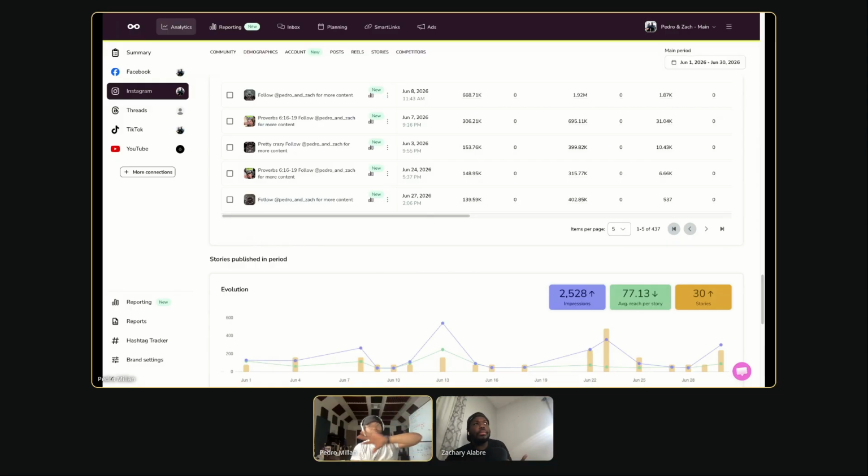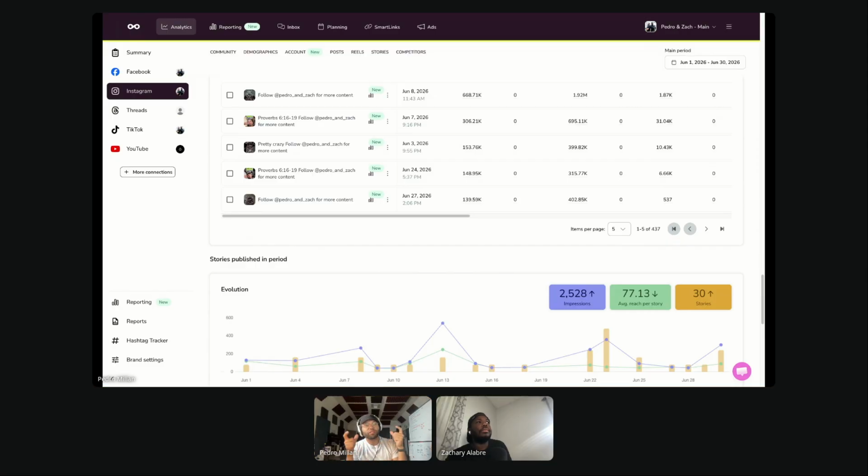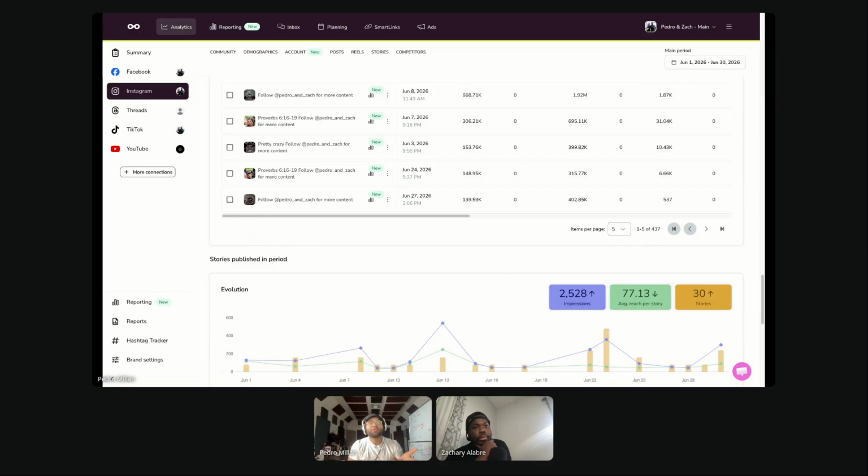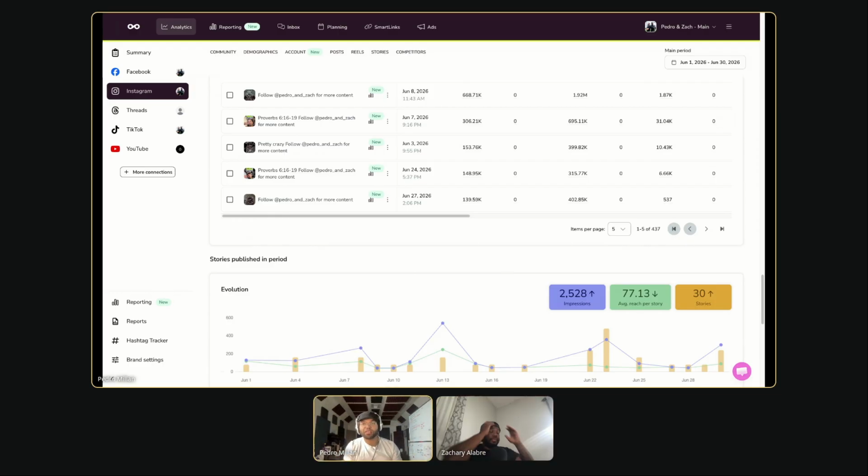The algorithm that's literally just your regular algorithm is, in the sense of just your feed posts, going to be sent to a portion of your followers. And if your followers happen to like this post or engage with it on a consistent basis, they're going to send it to a bigger pool of people within your followers, and so on and so forth. And it's very difficult to actually go viral that way, especially for gaining traction on your platforms overall,